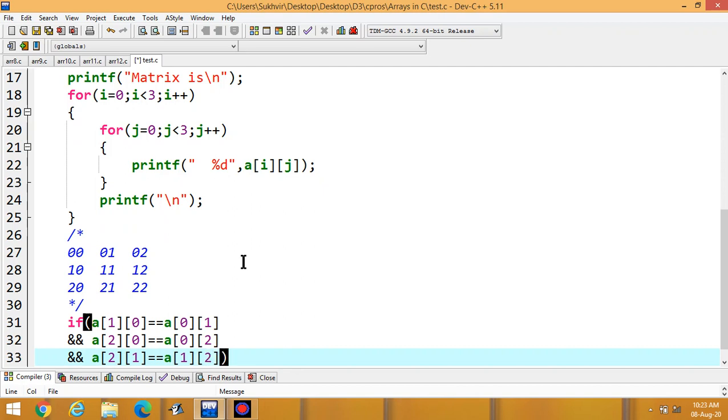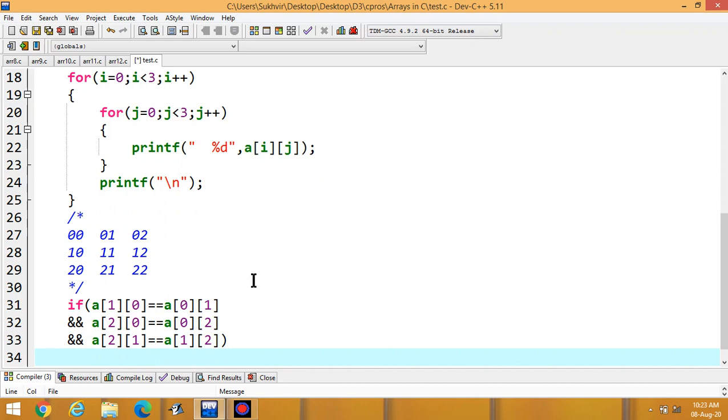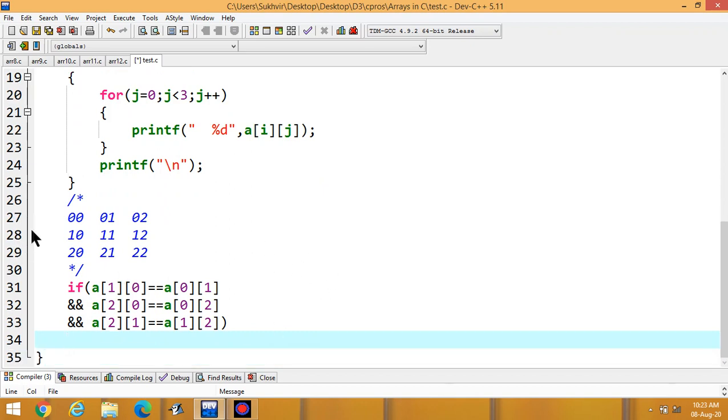Basically this one is required. If this condition holds good, it means the element at location 1 0 is equal to 0 1, the element at location 2 0 is equal to 0 2, and the element at location 2 1 is equal to the element at location 1 2, then the matrix is symmetric.